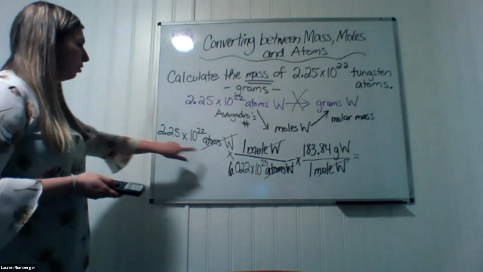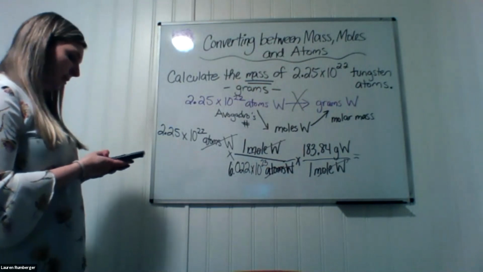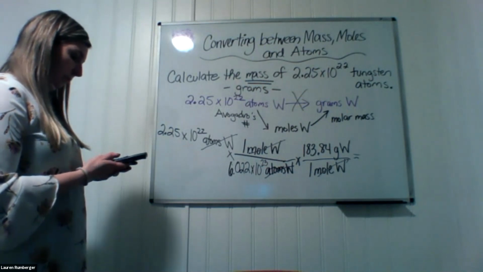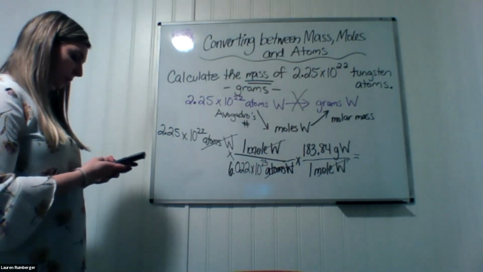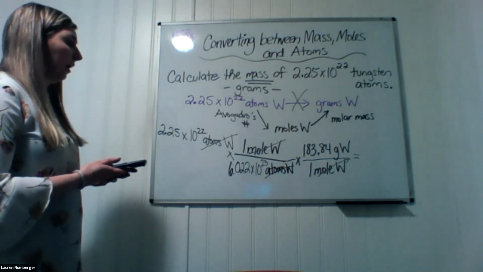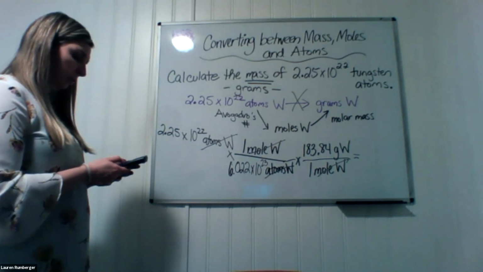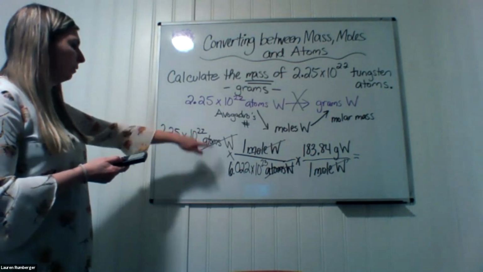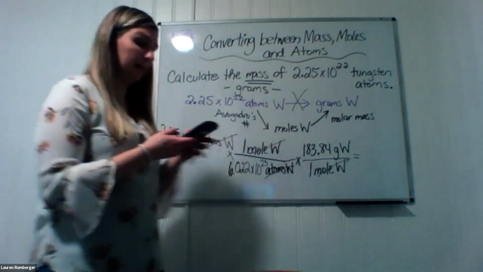We're going to have two exponential values here, so remember to use your parentheses. 6.022 times 10 to the 23rd. So we're dividing by Avogadro's number: 2.25 times 10 to the 22nd, divided by Avogadro's number, then multiplied by